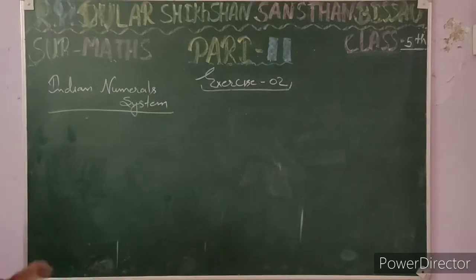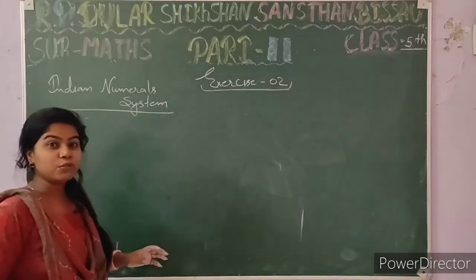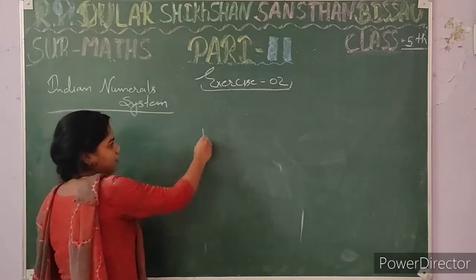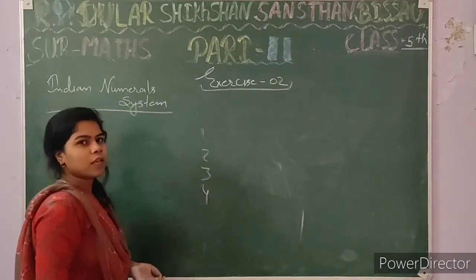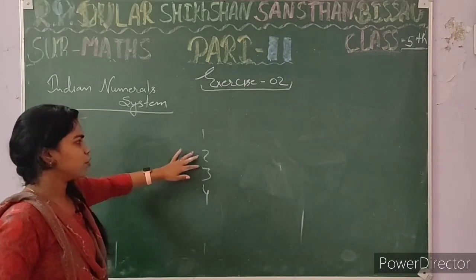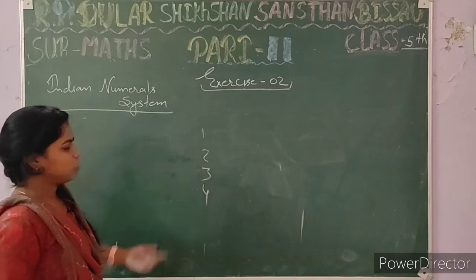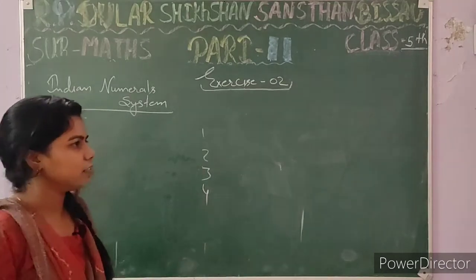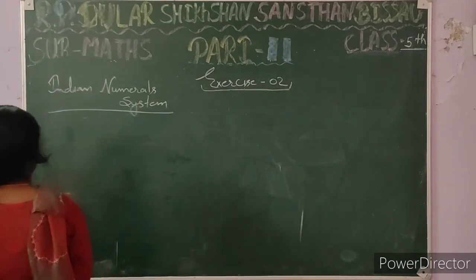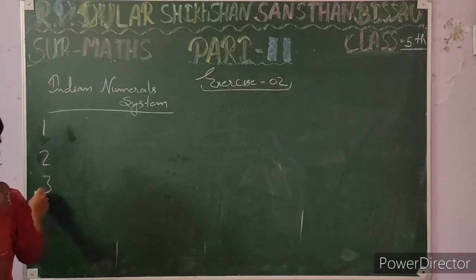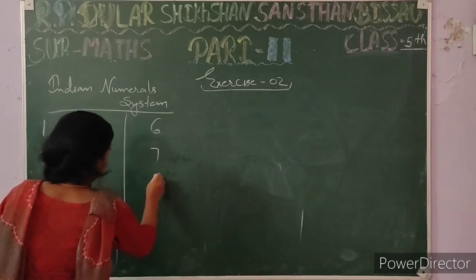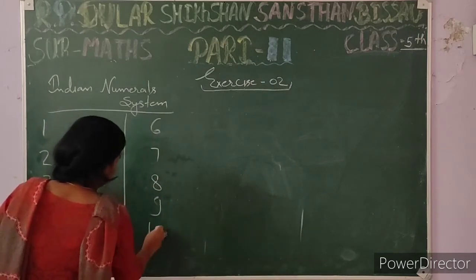Okay, in ancient times people used the Indian numeral system, not numbers like 1 2 3 4 as we use now. In ancient time these numbers were not available. People did not recognize these numbers. I will tell you how people used numbers. Then 1 2 3 4 5 6 7 8 9 and 10.